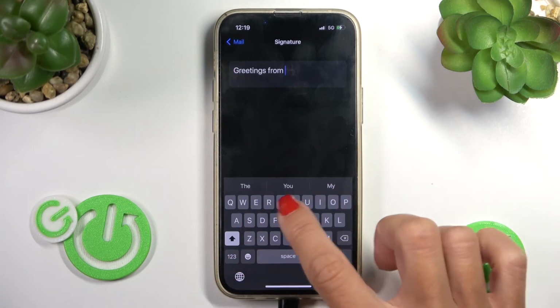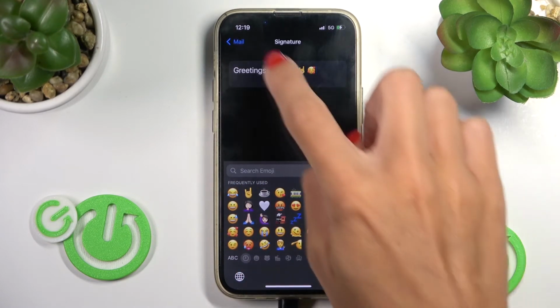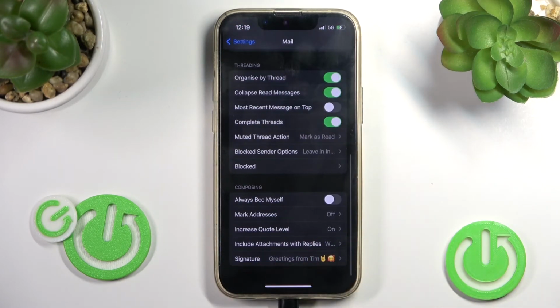From, for example, this way. Then let's go back, and as you can see, here it is. And every mail will have this ending included. So this is it. This is how you can change mail